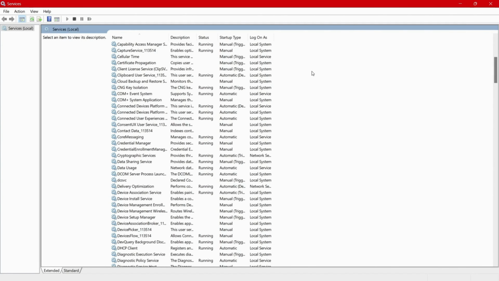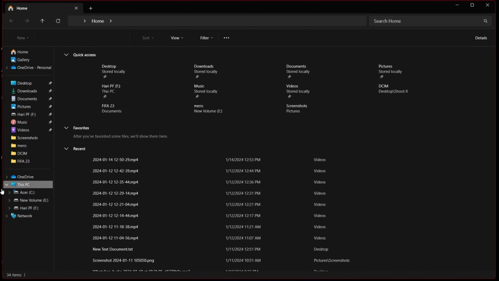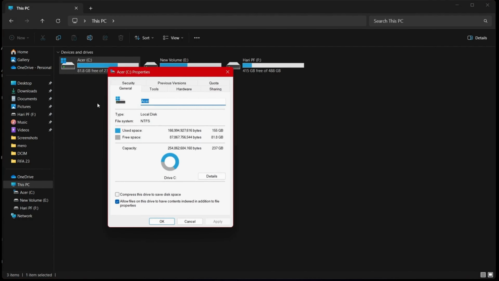Just to make sure, disabling these two services will not do any harm to your computer system or your properties. After this, go to your PC, open up your drive, right click on your system drive or drive C,